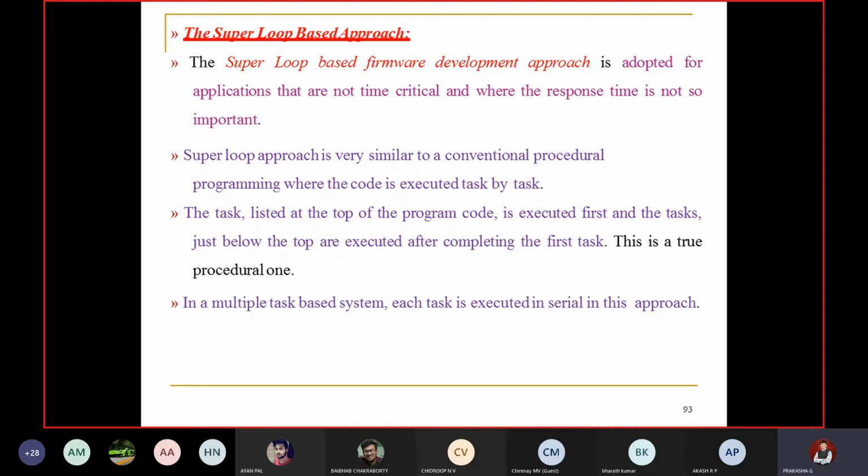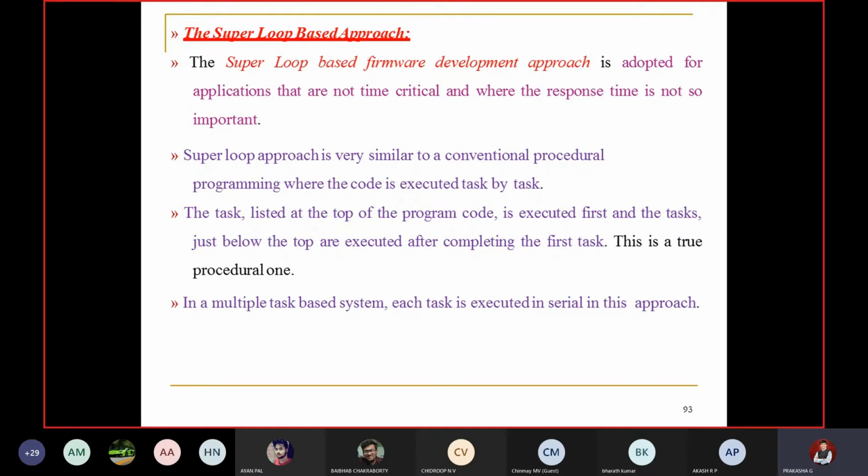The super loop based firmware development approach is adopted for applications that are not time critical, and where the response time is not so important. Very important. Some of the embedded systems you are going to design are not that time critical. We have already come across some basic, simple embedded systems.